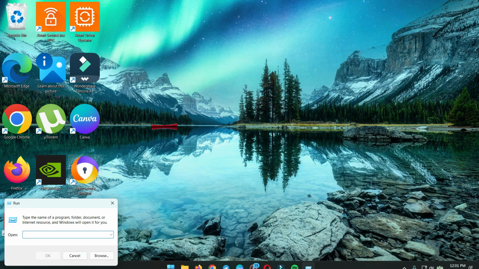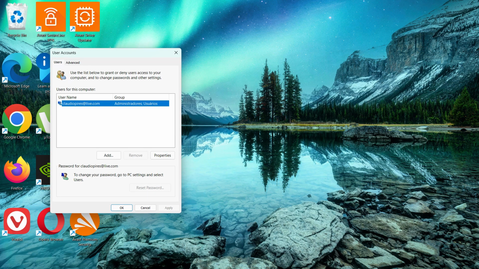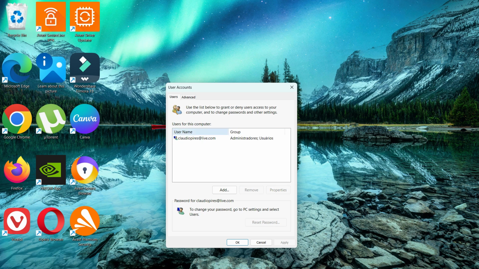Once on Run, we're gonna type this command right here, netplwiz, okay? If you see anyone that isn't you right here, you can click on remove, okay, to remove access